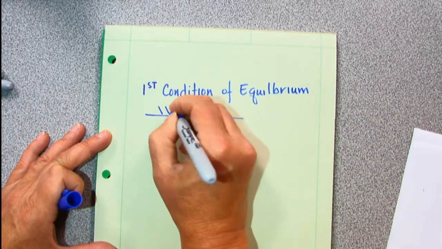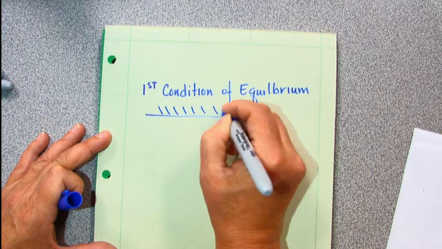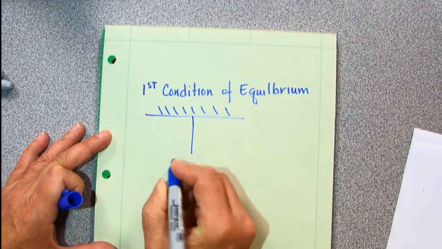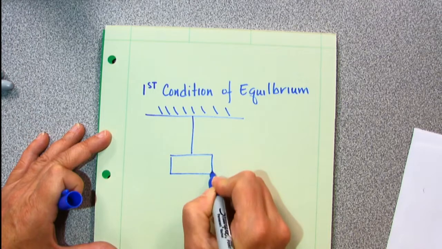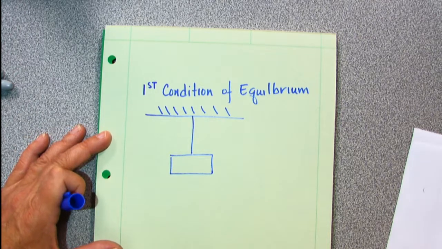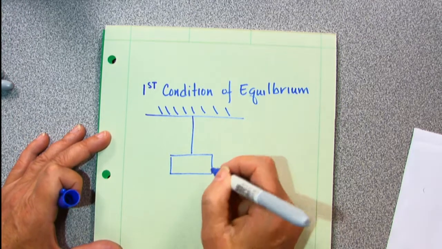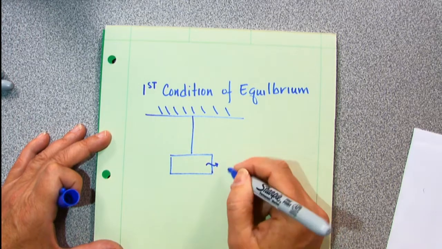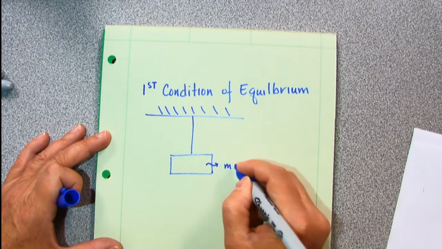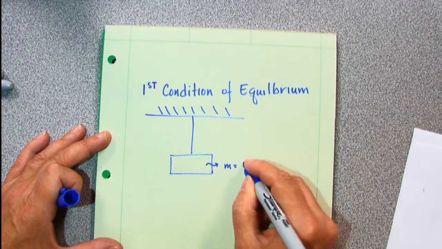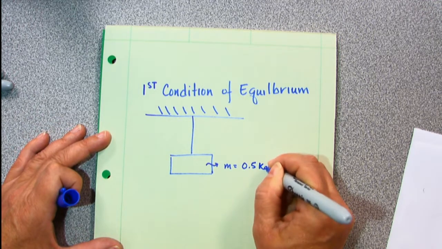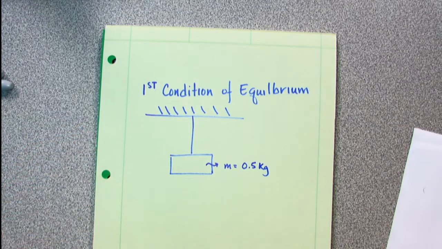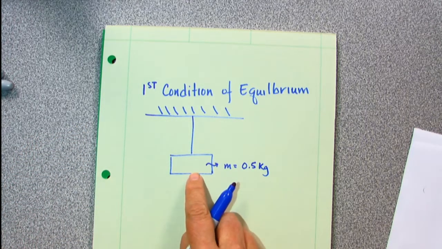So what I have here is a lamp hanging from the ceiling. My lamp has a mass of, we'll give it 0.5 kilogram. We're going to be a light object. But one of the things we know about this lamp